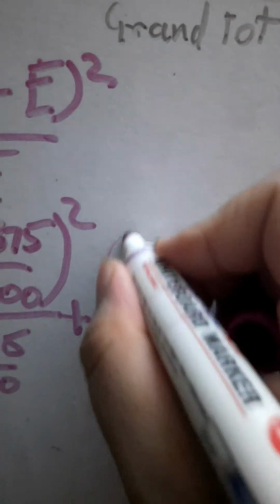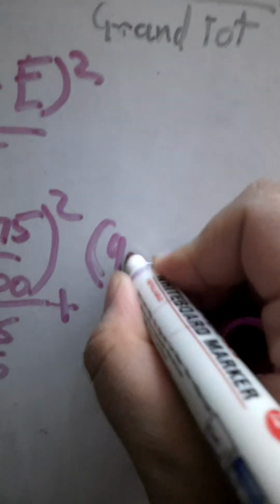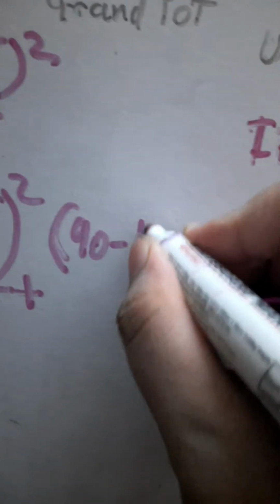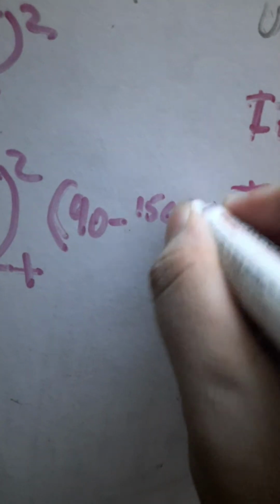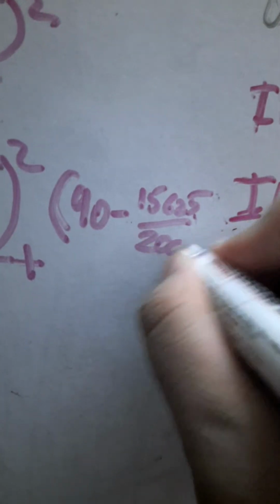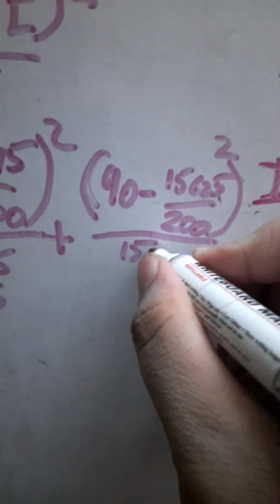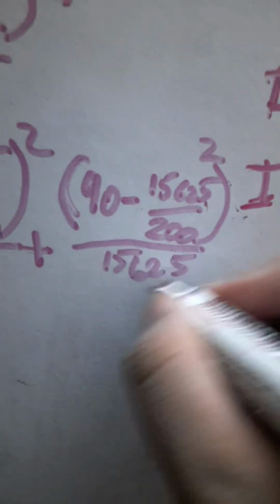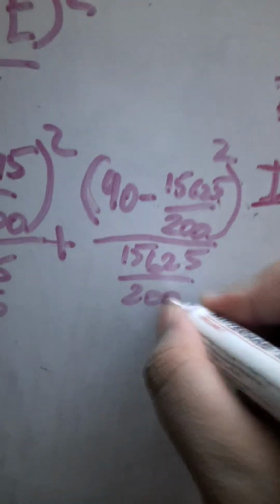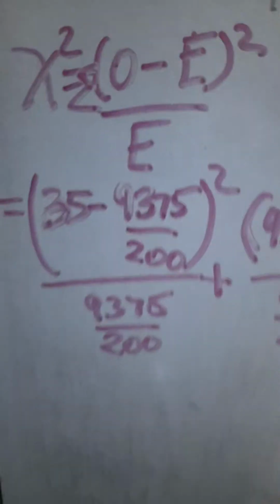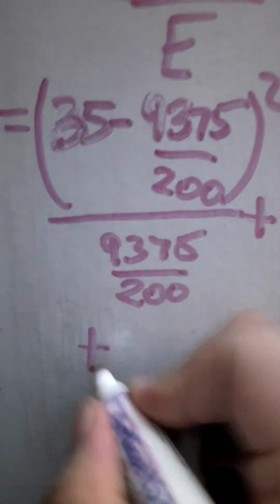So 90 minus 15,625 by 200. Yo, one person watching. Let's go here. 16525 by 200. Yeah. So now I go for the other cells, plus